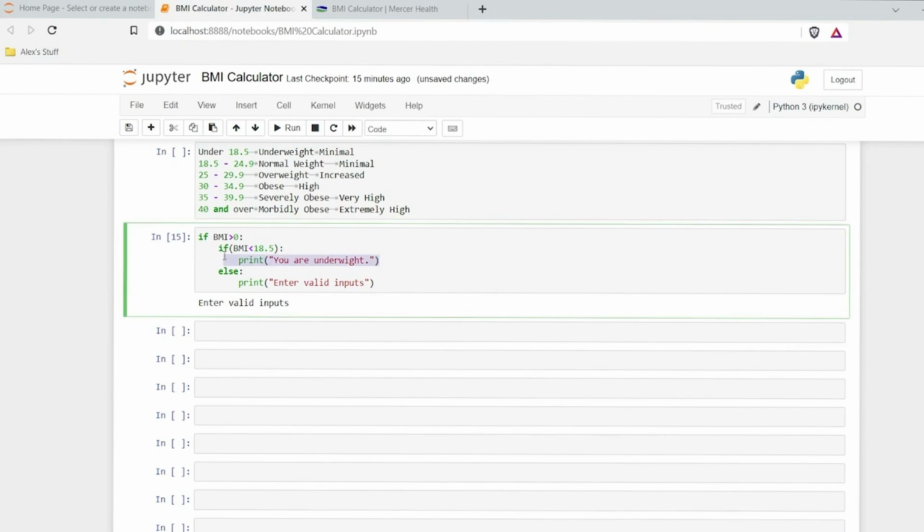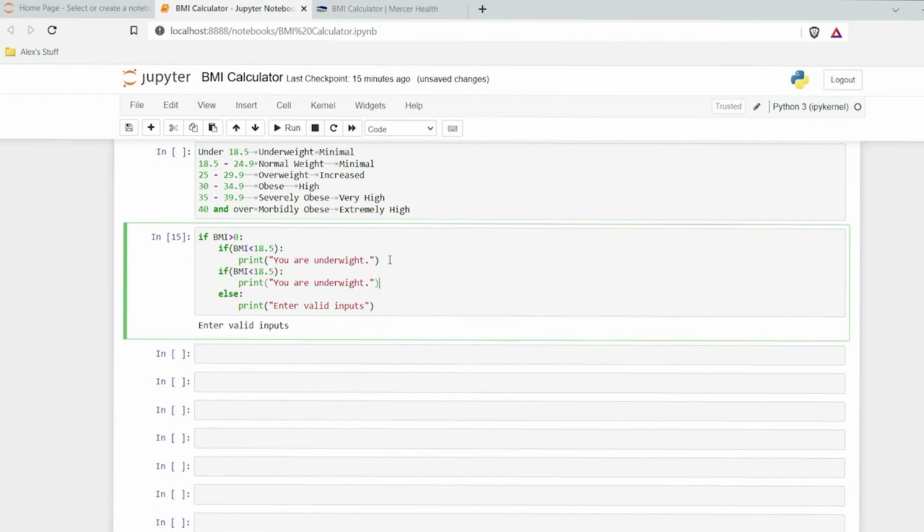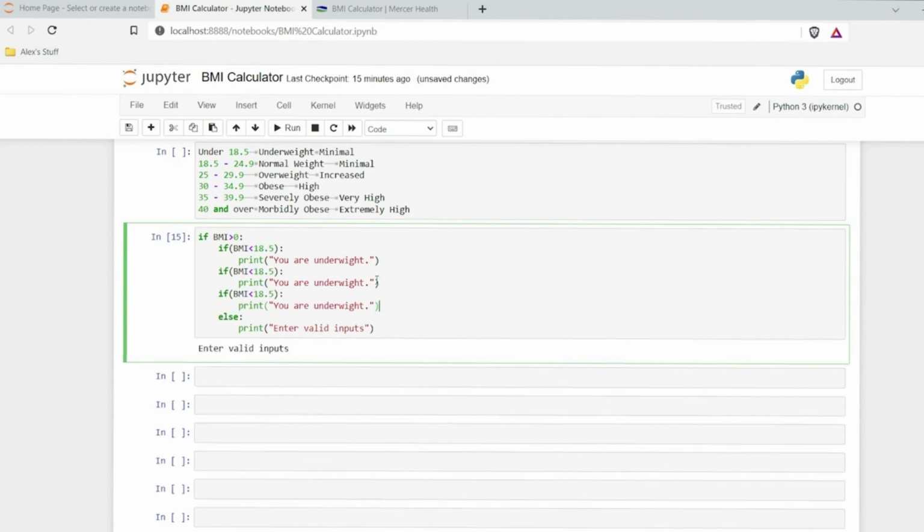Let's make the next one, so then I can be within a certain range. And we should need one more at a minimum. So we'll say elif and elif. These next two are this 24.9. So it's going to check this one first. So if it's 18.5 or below 18.5, it's automatically going to print this one. So this next one, we don't have to do a range or anything. We can just say if it's